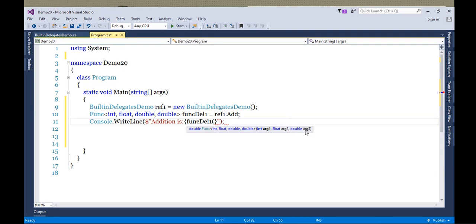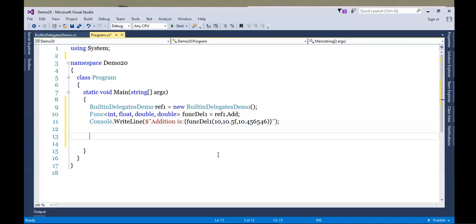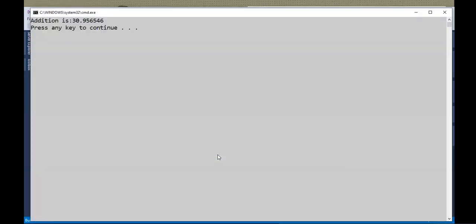Is there any need to give the return type here? No. At the time of creation only you will be giving it. Here we are calling the method. At the time of calling, we are passing only arguments. So 10, 10.5f, and 10 point some more range you will be giving. That's it. If you run this, you will be getting the same answer.